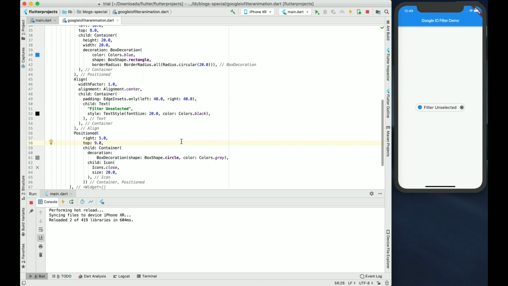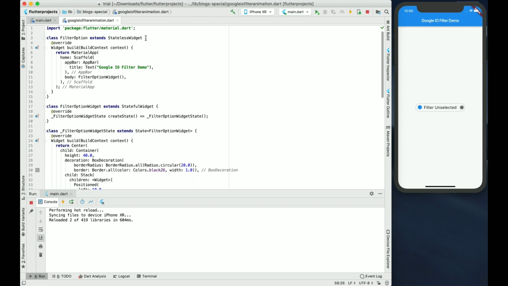Now for these animations we'll be using many tweens. Tweens are nothing but a couple of values we have. One is a begin value and the second is the end value. So whenever you want to change from begin to end, or some starting value to end value, you can use tween. Okay, and with the help of a controller, when the controller is moving forward, the values will change from begin value to the end value, and when the controller is moving in reverse direction, the tween will work from end value to the begin value. Okay,